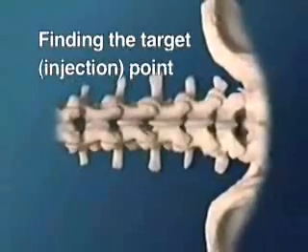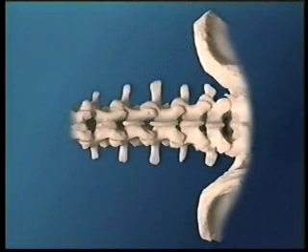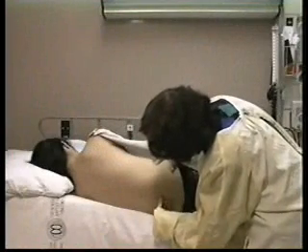Review your landmarks. Palpate the iliac crests. Come midline and palpate the interspaces. This is your target spot, L4, L5. Put on sterile gloves and continue as previously demonstrated. Draw an imaginary line horizontally between the iliac crests. Bisect the line with the spinal column. Using the landmarks, find and palpate the interspace. Once you have determined your entry point,